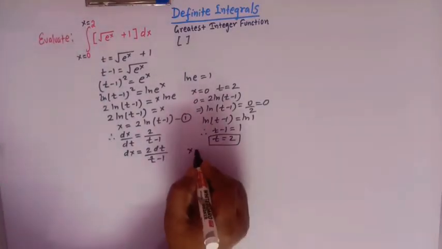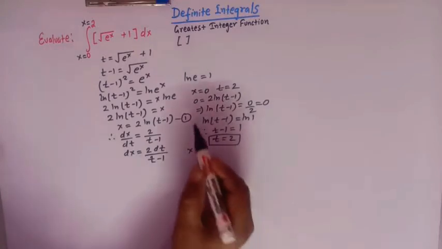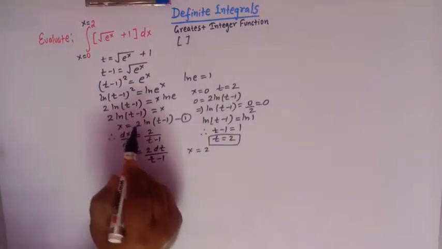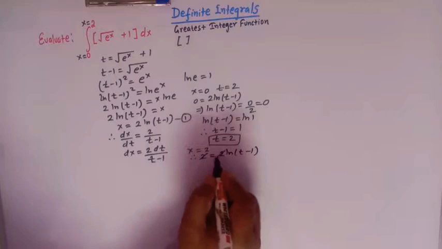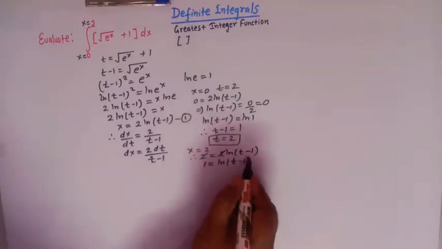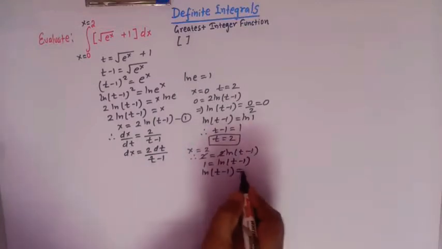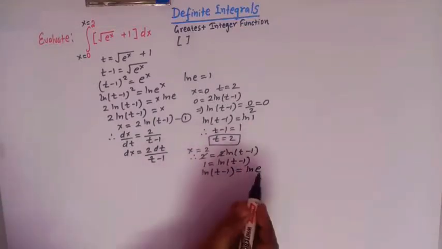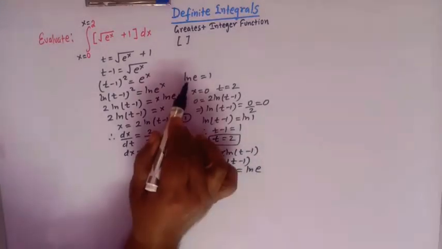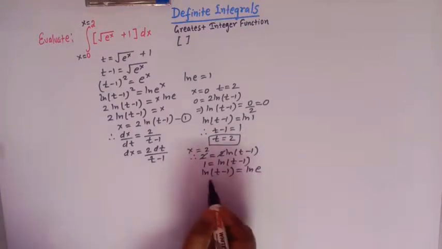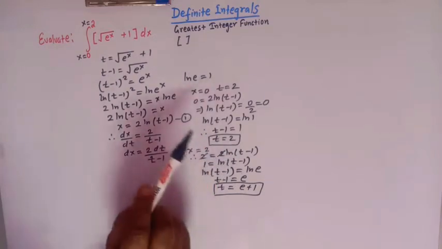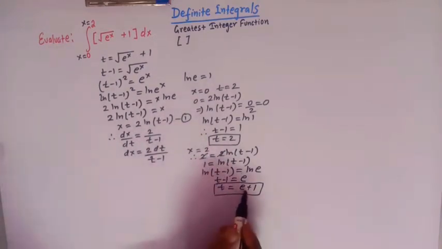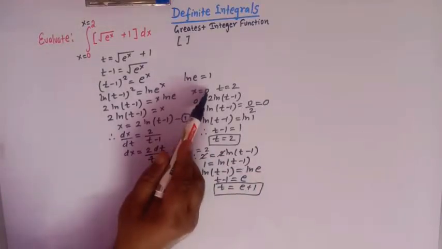And when x is equal to 2, we can again find the value of t from this expression. So we have 2 is equal to 2 log (t minus 1), and this 2 and 2 get cancelled, so we have 1 is equal to log of (t minus 1), so log of (t minus 1) is equal to log of e, because the log of e is equal to 1. Comparing both sides, t minus 1 is equal to e, so t is equal to e plus 1. So when x is equal to 2, t is equal to e plus 1,